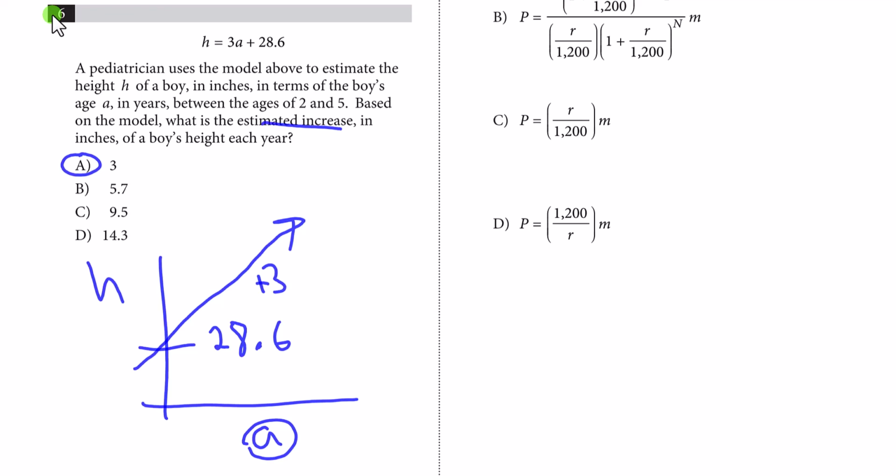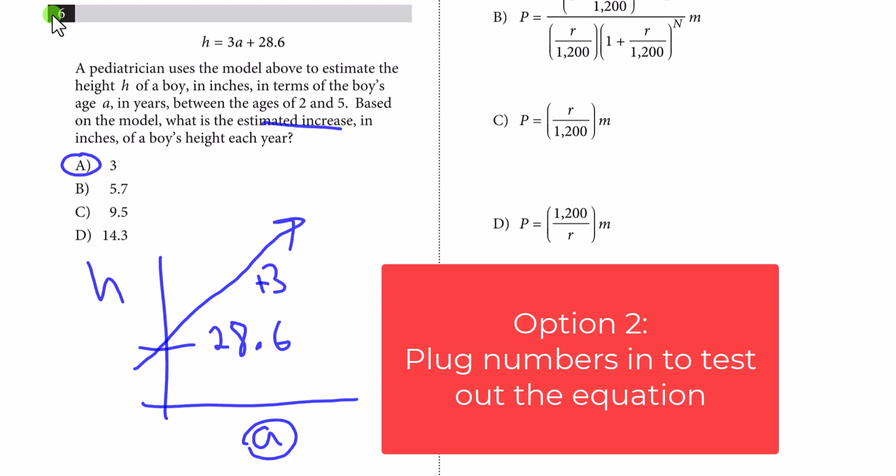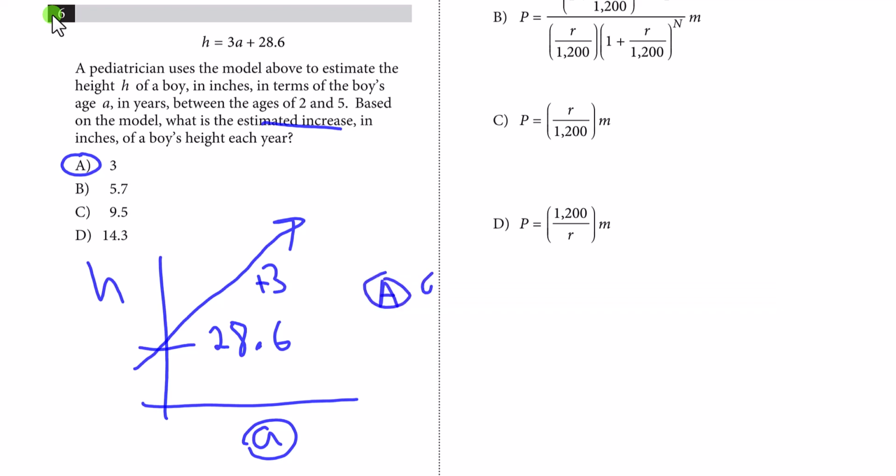So the first method is to graph this out. There's another method to look at this. Another method is to put in some numbers. So what we can do is this. We can establish a baseline. I'm going to go ahead and say that the age is equal to 2, so I'm going to put that into the equation. And so we've got 3 times 2 plus 28.6. And that's going to give us a height of